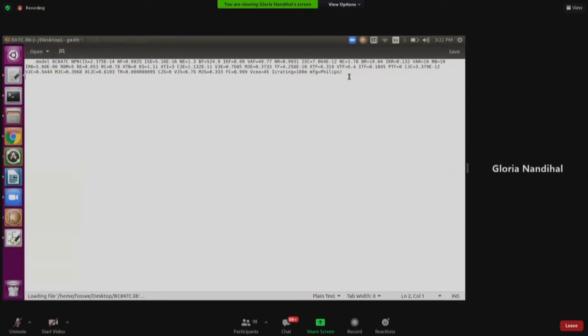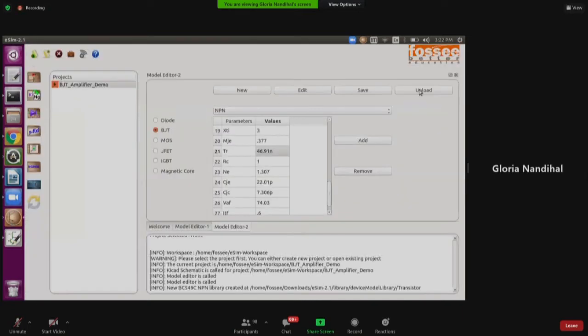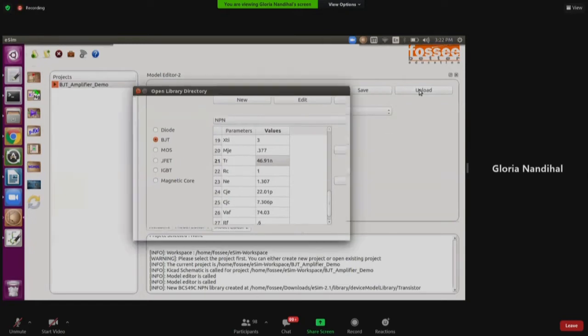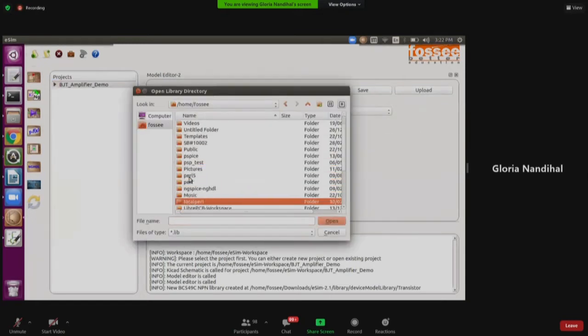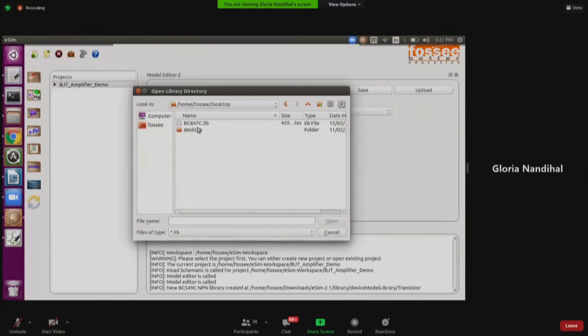So how can I use the upload option? I'll click on the upload button, and select desktop. You can see the .lib file. The extension should be .lib. That is the main thing, right?